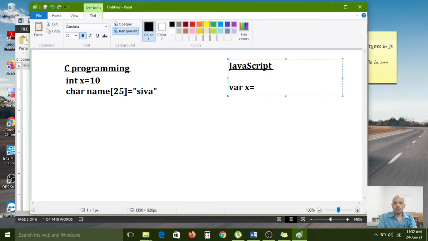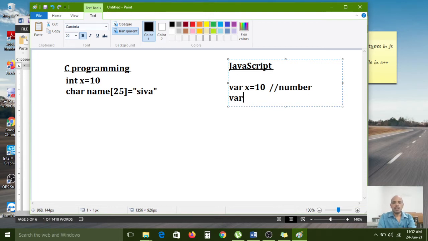If you want to store the number 10 into the x variable, after declaration, the JavaScript engine internally takes the number data type, because we have stored a number. So the var keyword internally decides the type of x as number. That responsibility is taken by the JavaScript engine.